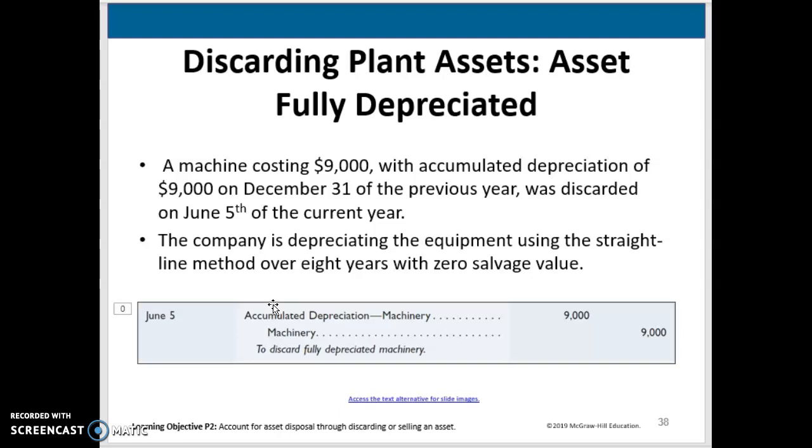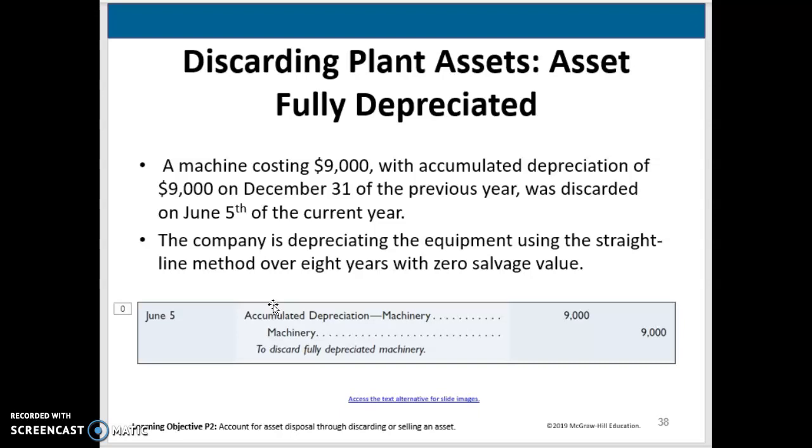Remember, we don't want one left on the books without the other. They are co-accounts, so they go together. So if you remove one, you're removing the other. Accumulated depreciation has a credit balance, so we're going to remove it by debiting it. So that's what the entry would look like if you were just getting rid of the equipment or the machinery